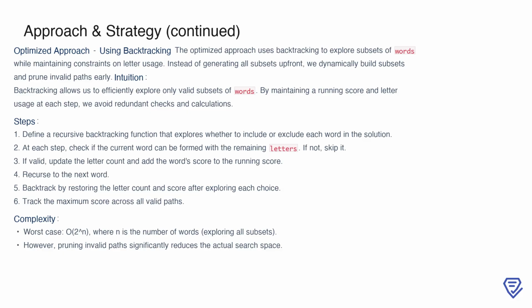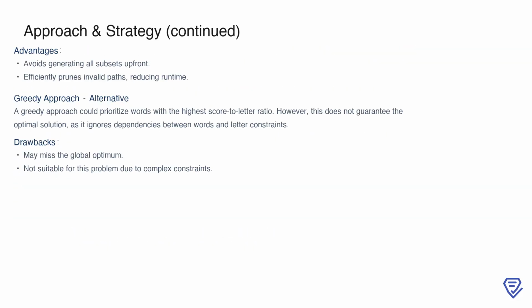This process continues until all possible paths are explored, and we track the highest score encountered. While the worst-case complexity remains 2 to the power of n, pruning invalid paths early significantly reduces the actual number of computations, making this approach much more efficient in practice. One of the primary advantages of the backtracking approach is that it avoids the need to generate all subsets in advance. By dynamically building solutions and pruning invalid paths as soon as constraints are violated, we save a significant amount